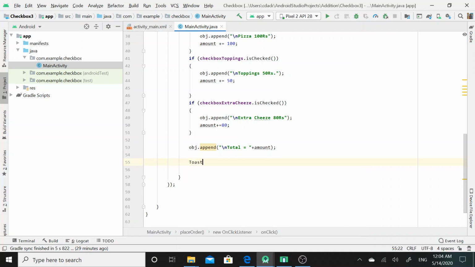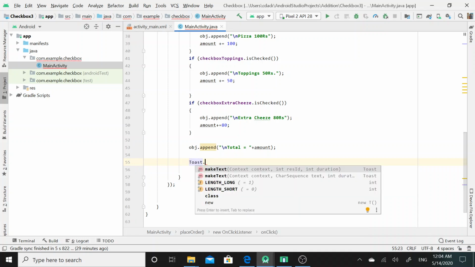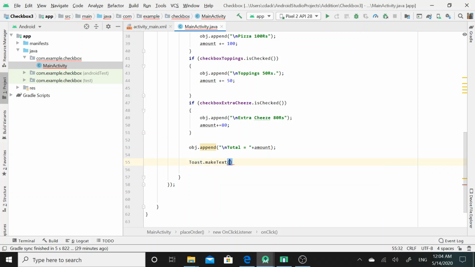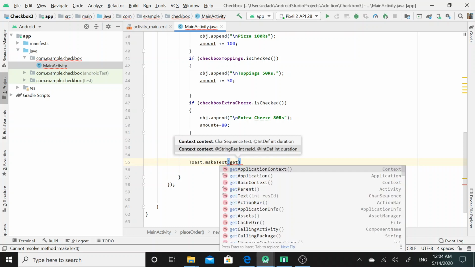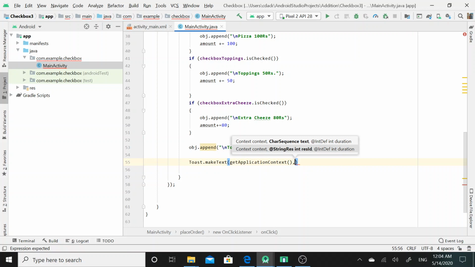So I will call the Toast class and its makeText method. Here I need to pass 3 parameters. For the first parameter I am supposed to invoke the getApplicationContext method. For the second parameter I need to display the total amount charged to the user and the total selection made by the user, and all this result is present in this obj object.